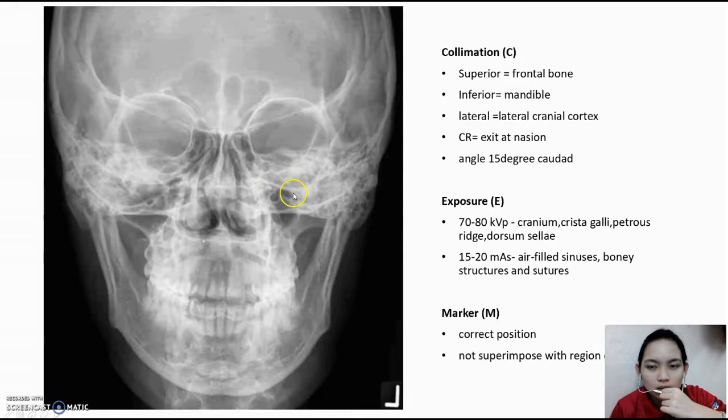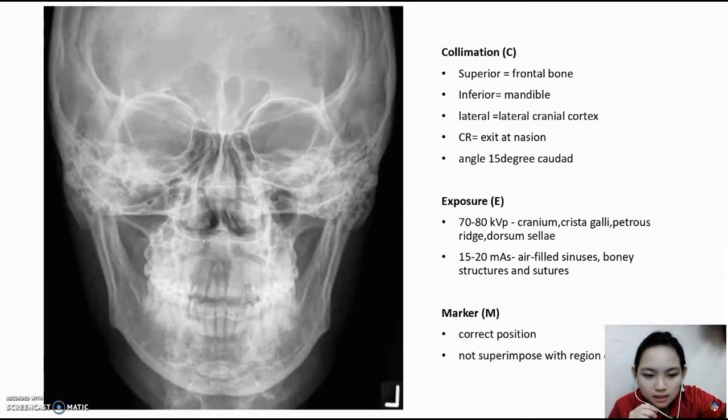The angle is 15-degree caudad. There is no artifact in this radiograph. The normal range for the kVp is 70 to 80,